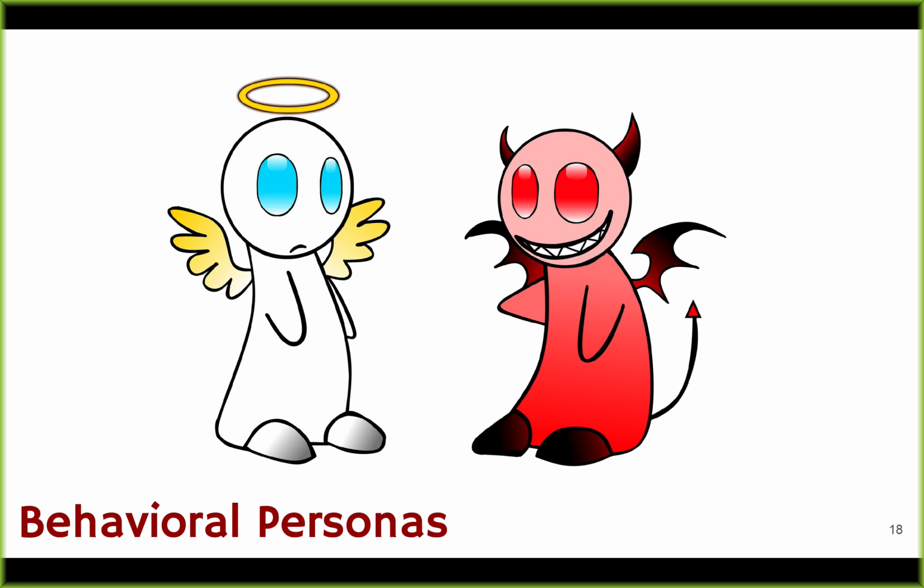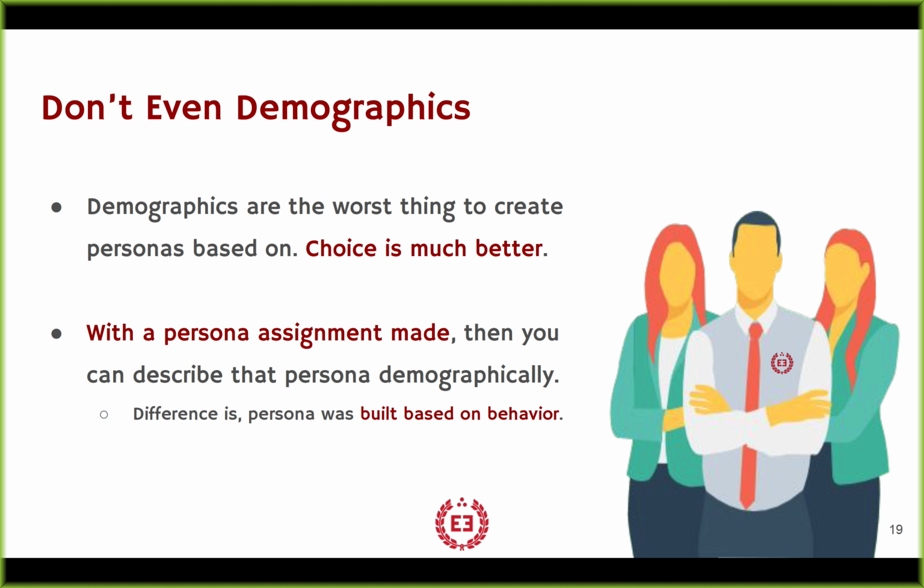So how do you do this based on behavioral personas? I said before, demographics are the worst thing to create a persona based on. If all you do is segment by age, gender, income, education level, geolocation, it's horrible. Years, a decade now, of market research has taught me that they are the worst variables in the entire survey. And they have to be in there because everybody wants to look at them. And they are useful for platforms like Facebook, where you might be able to target based on those things, but you don't create the personas based on them.